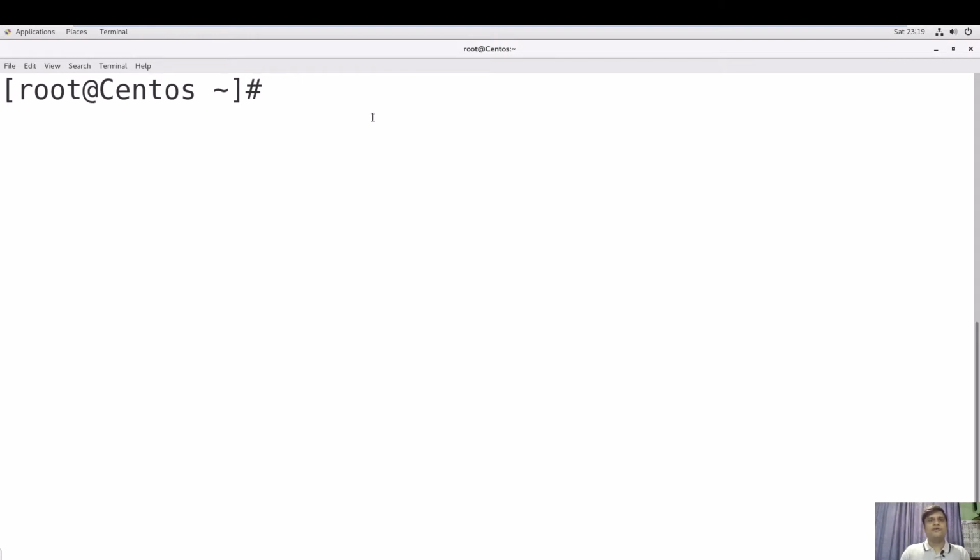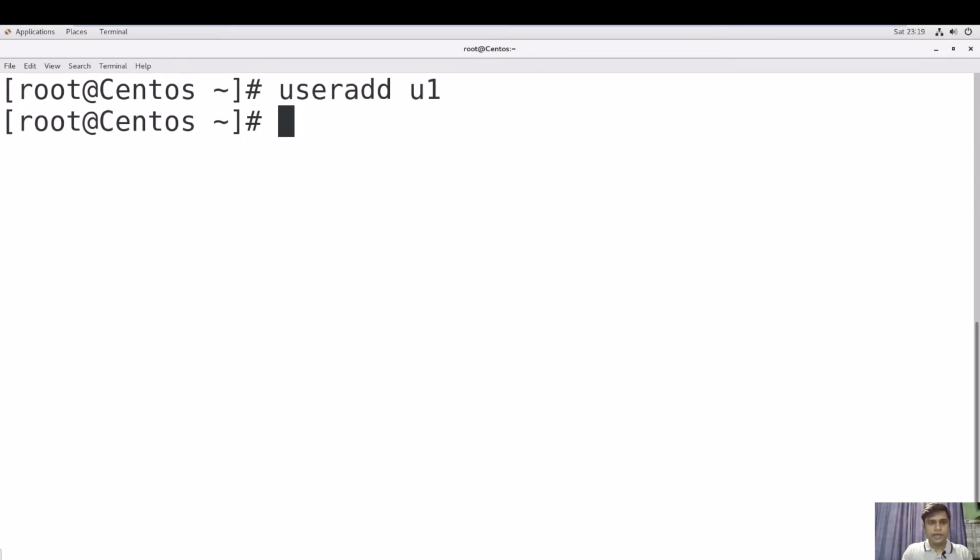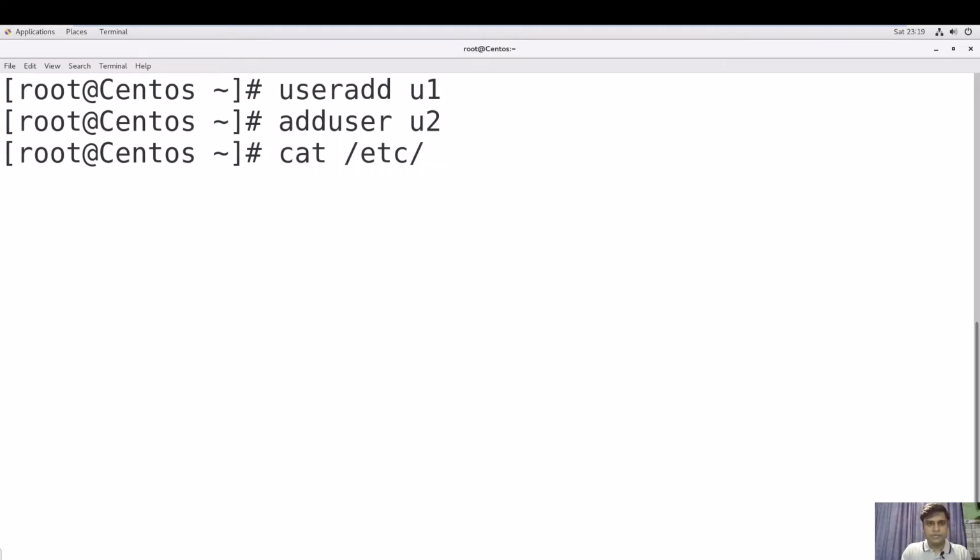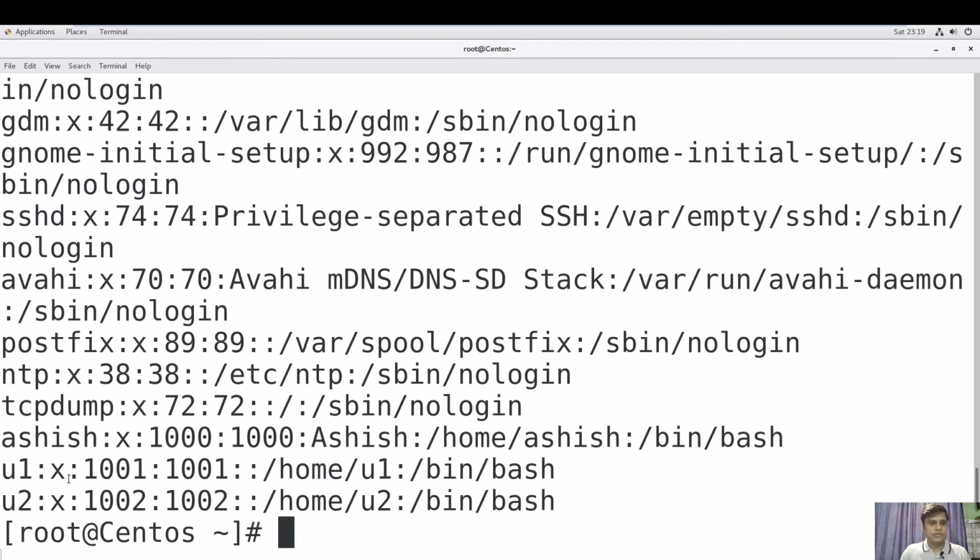Guys, open your VM terminal and use useradd and then username command to create a user. You can also create by using adduser command and then username YouTube. If you want to see where this user is created, you can use cat /etc/passwd and you will get this user information.